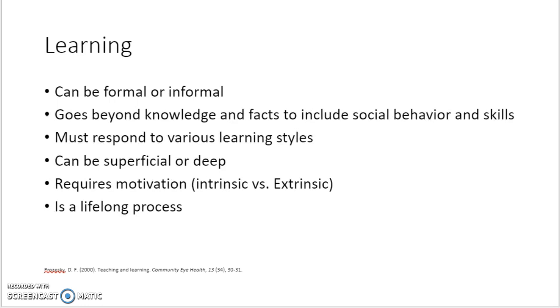Now, on the learning side, we will discuss some of this throughout the course. Learning can be either formal or informal. So we often first think of learning in that formal sense of being a learner in a classroom where the teacher is at the front of the room, and it is a very passive learning example. There's also a good amount of informal learning that happens on any higher education campus, and it also happens online. It happens in office hours with the faculty member. It happens with your peers. And so learning can either be formal or informal.